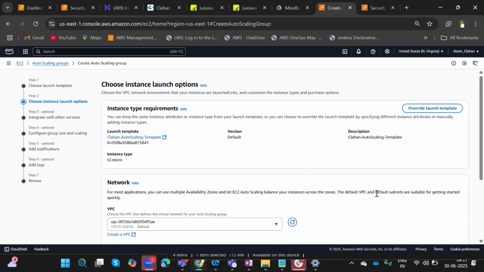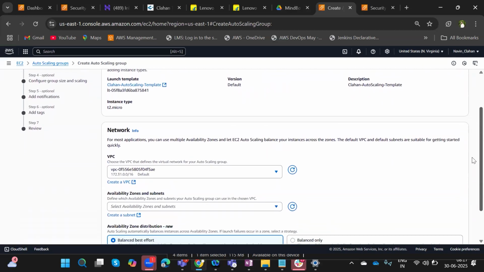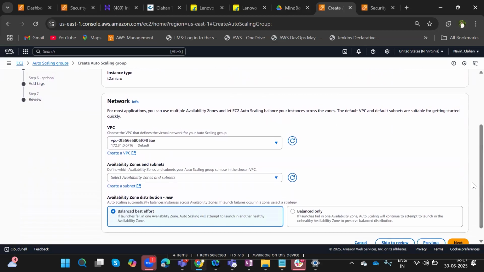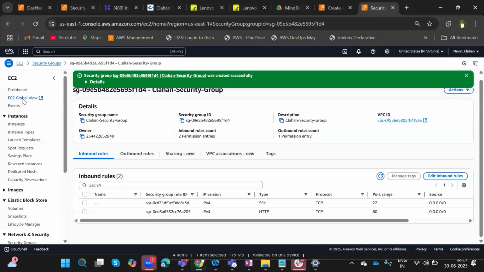And here we are defining the network configuration, in which network you have to configure the auto scaling groups. Now here we have to select the availability zone. What is the availability zone that you have selected? I'm sure we have selected the... one second, let me cross verify. Go to here,